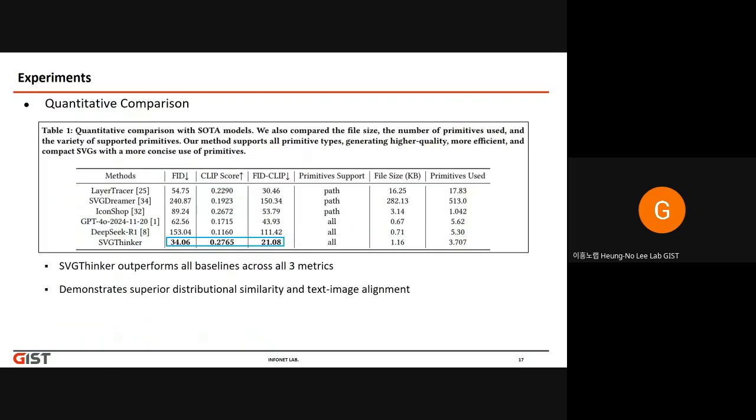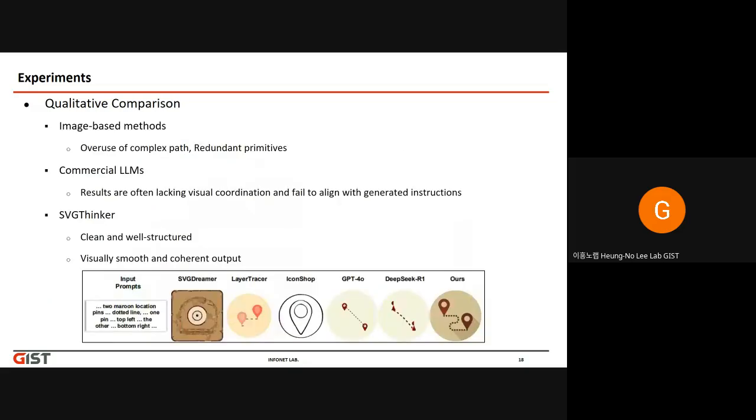For the quantitative comparison, SVGThinker outperformed all baselines across all three metrics, and it demonstrated superior distributional similarity and text-image alignment. For the qualitative comparison, here are some examples of generated images from the paper. SVGThinker makes the cleanest and most well-structured visuals, while image-based methods are